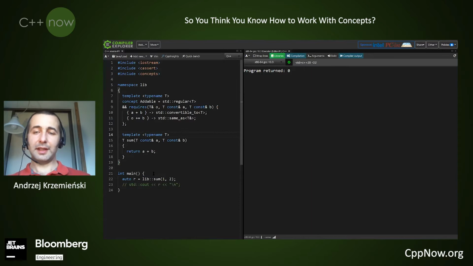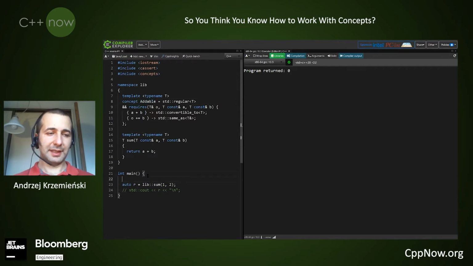We said that, one thing that they didn't have before, they can just evaluate my concept without invoking any algorithms, because a concept is a predicate. So what they can type, main will be representing our users here in this example, static_assert. We'll check if int is addable, compile this program. It didn't fail to compile, so the user confirmed that int is an addable type.